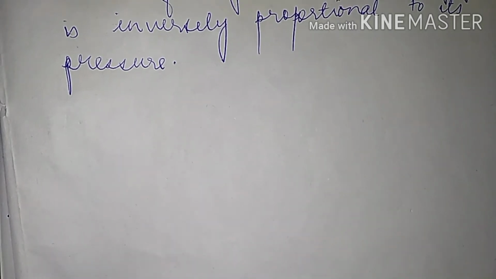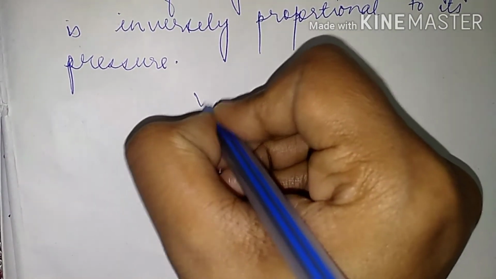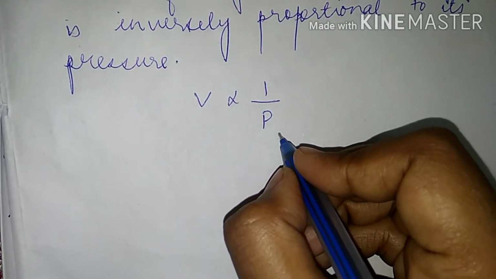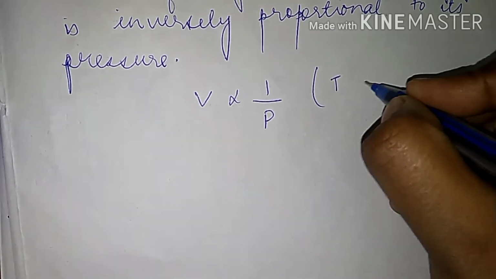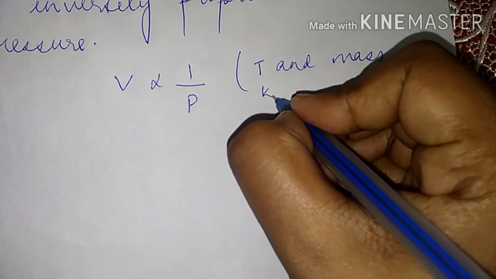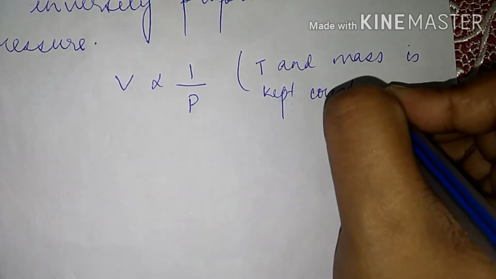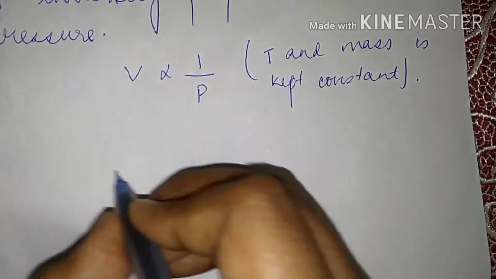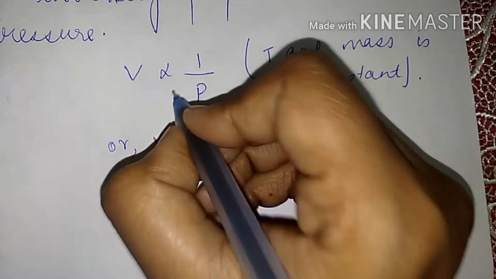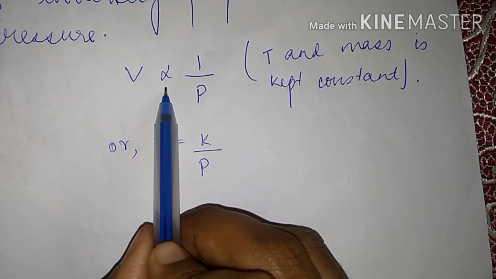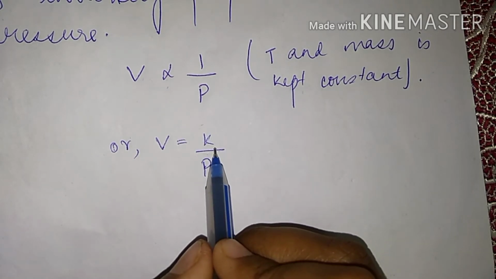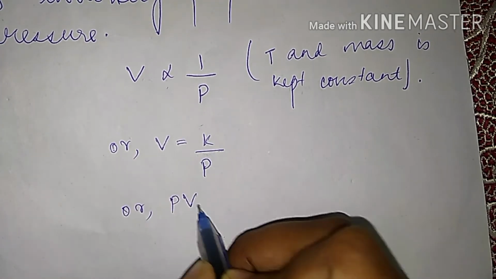Now the mathematical expression of Boyle's law can be given as: the volume, denoted by V, is inversely proportional to its pressure, denoted by P, on the condition that the temperature and the mass of the gas are kept constant, or V equals K by P. Here the proportionality sign is removed by using a proportionality constant, which we denote by K,